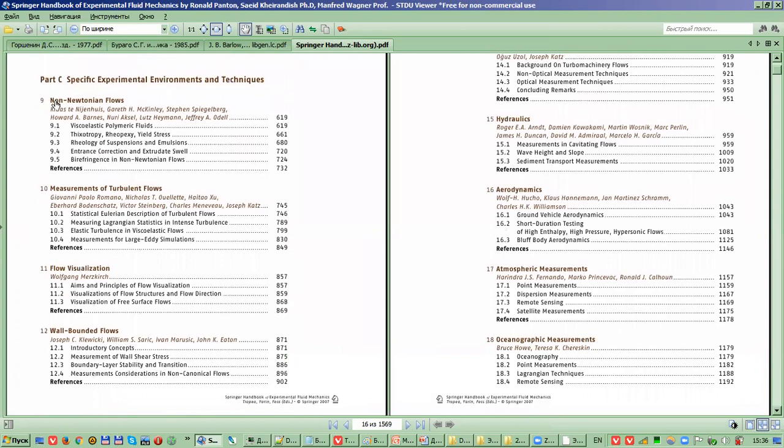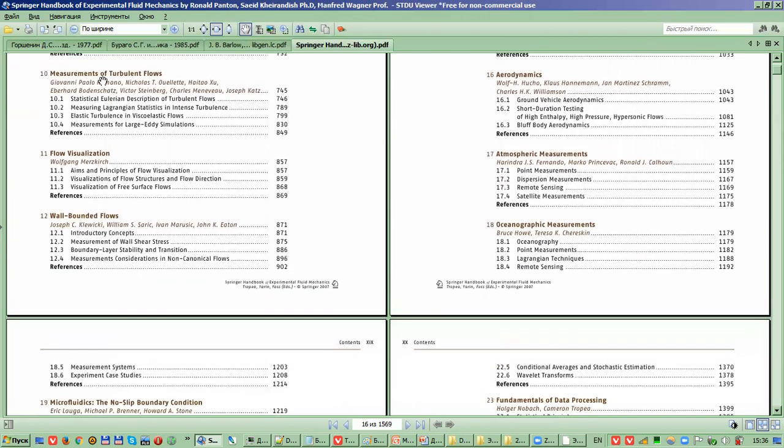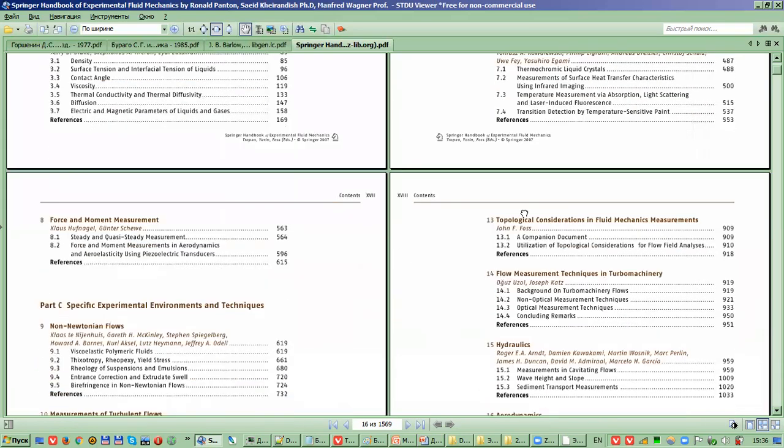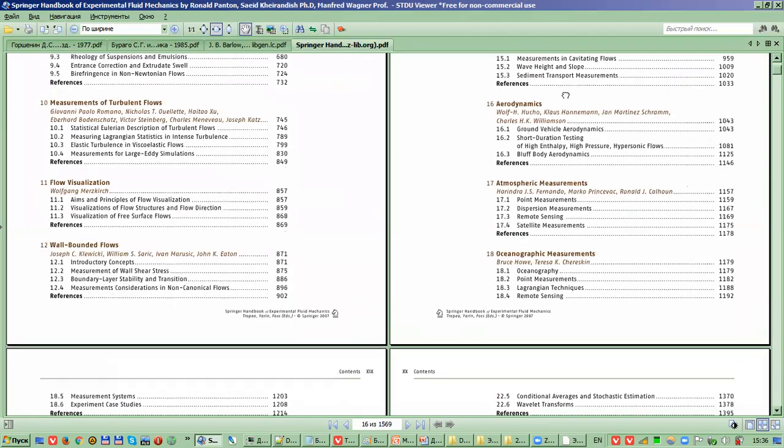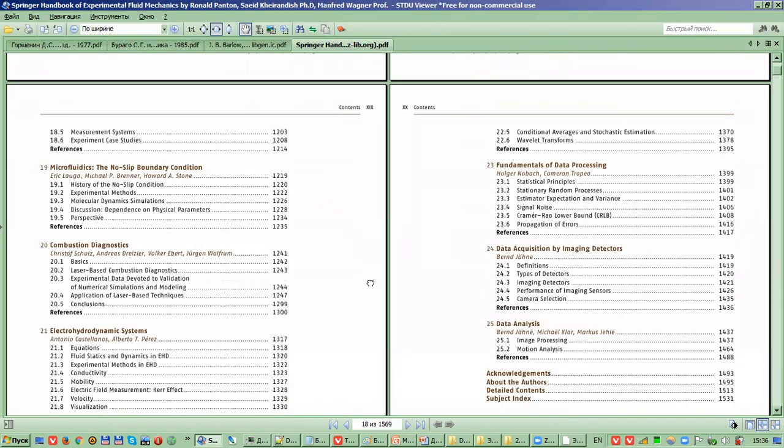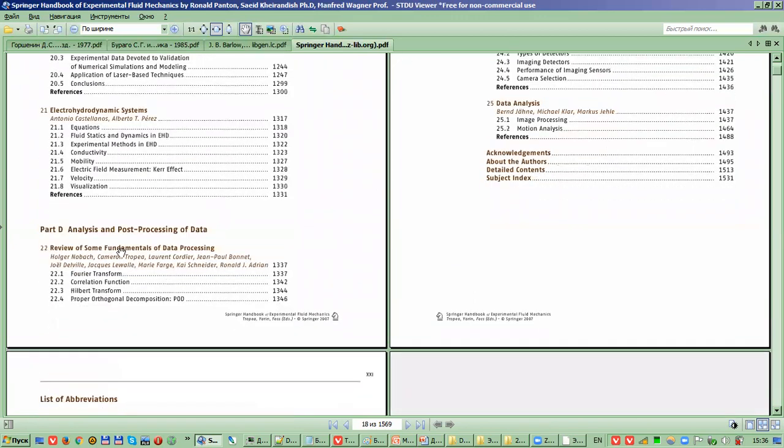This is about non-Newtonian flows. This is not about air, for example, this is about oil, this is about plastics at high temperatures. This is not related to our topic, but this measurement of turbulent flows is highly related. Flow visualization, hydraulics, aerodynamics, atmospheric measurements. There are a lot of topics. Maybe we don't need all of them, but you can always check in